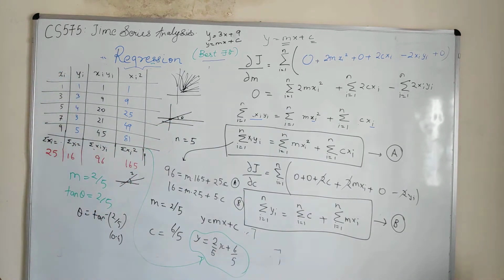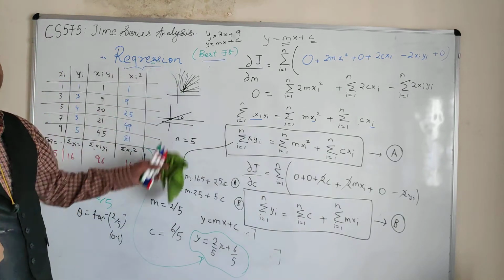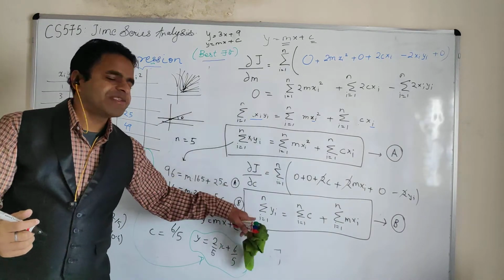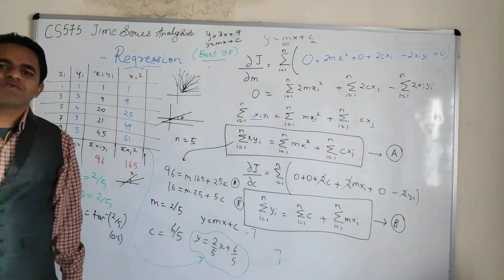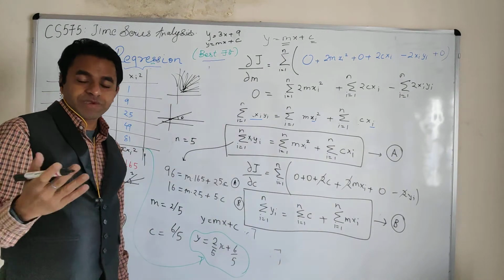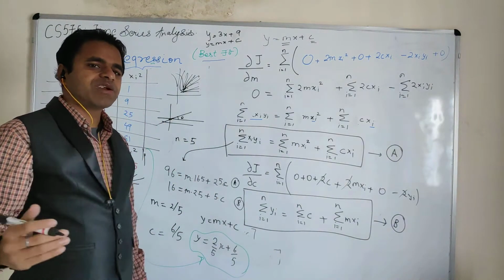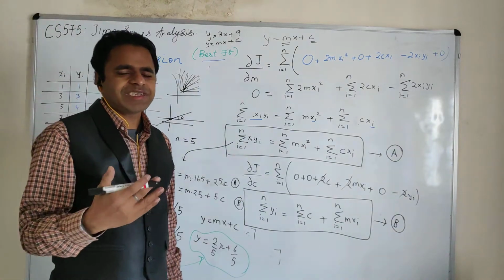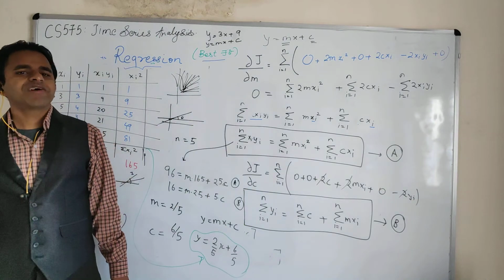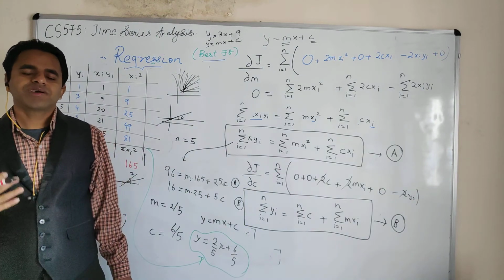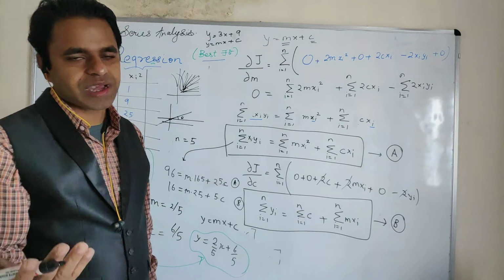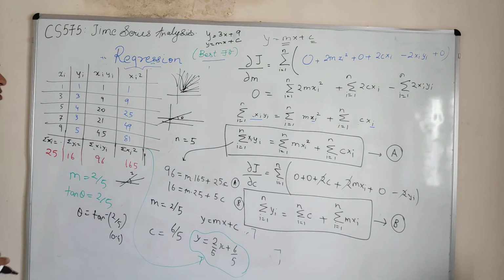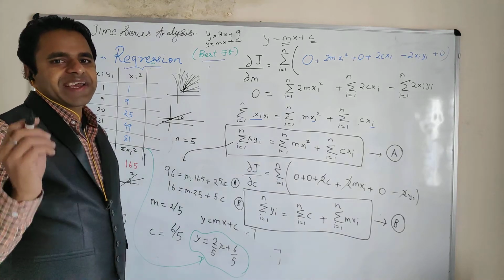So now you see we don't need infinite tries to compute the line of regression. It's very easy and we can derive this expression: take the partial derivative with respect to m, take the partial derivative with respect to c, and equate both to 0 because we need to minimize. I think in derivatives you must have studied this: given a function, if you want to find the minimal value, you differentiate it, equate to 0, solve the equations and take the values. This is how the concept of regression arises.